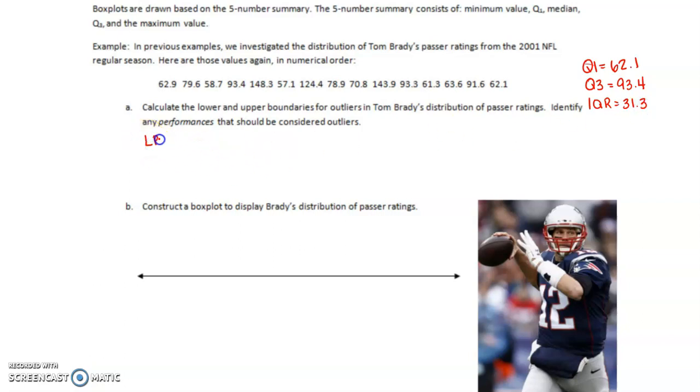So my lower bound is 62.1 minus 1.5 times 31.3, which is 15.15. My upper boundary is 93.4 plus 1.5 times 31.3, which gives me